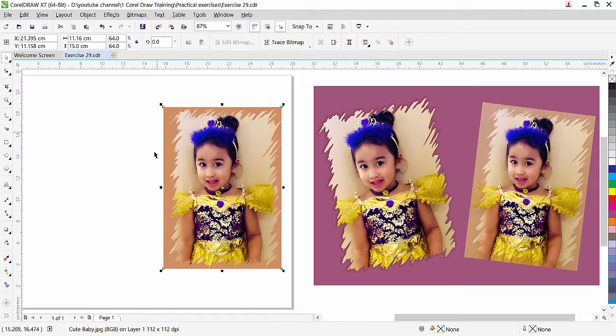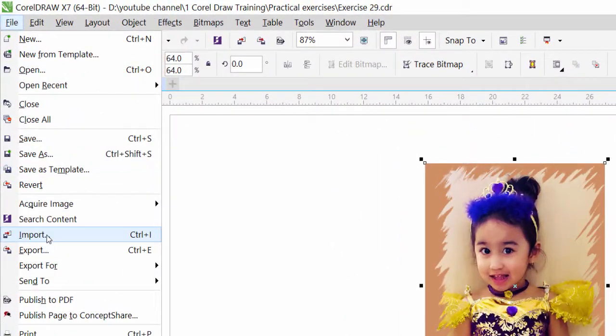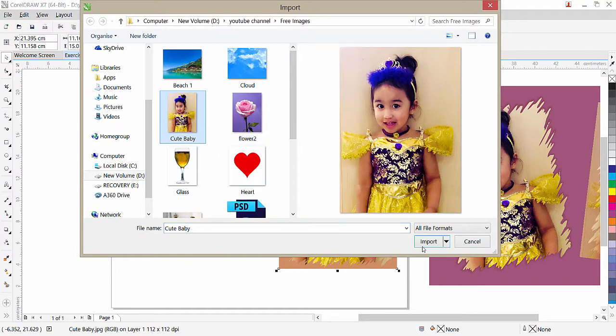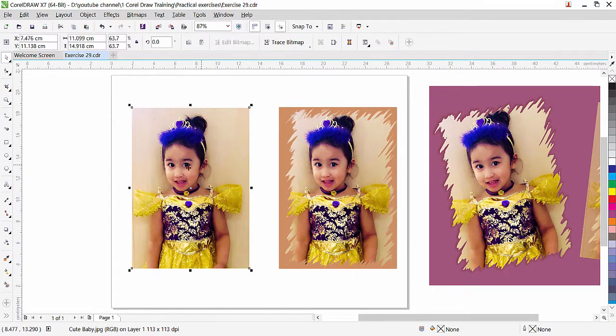So you can see how beautiful a photo frame effect we applied to our picture. This type of effect we can use directly with the photo edges, but if you want to apply this type of effect, let's say you have a different background and you want to place the picture, you really need to do it this way. So let's see how it's done. Once again I can take the same photo. We can even duplicate it on the page, but since we applied the effect already, we can import it. Alright, so here we have it.